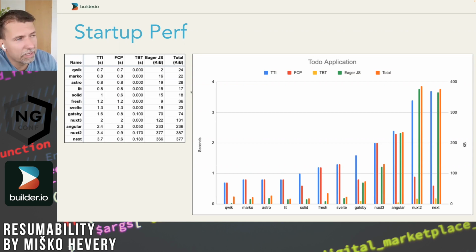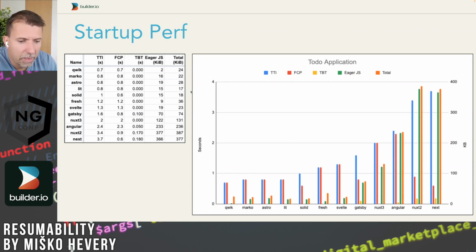So Qwik's cleverness comes from the fact that Qwik can serialize the application into the HTML and make it resumable. And because of that, it can delay all of the necessary JavaScript until later. This is what gives Qwik its magical properties with respect to time to interactive, right? Because Qwik is basically as close to a static HTML page as you can get. But the caveat is that Qwik knows how to turn that static page into a dynamic page if it needs